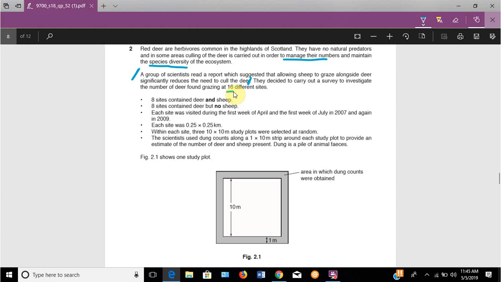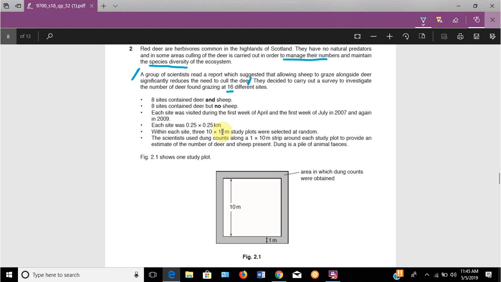And the same time of year was taken so that any other factor like seasonal distribution, seasonal migration would automatically be taken account of. So the dimensions are given, and within each site, the amount of area that is allocated and selected at random for analysis purposes is given out as 10 by 10 meter study plots, 1 by 10 meter strips. And basically, these study plots within each site were selected at random,